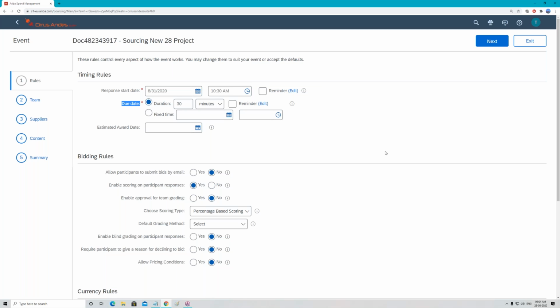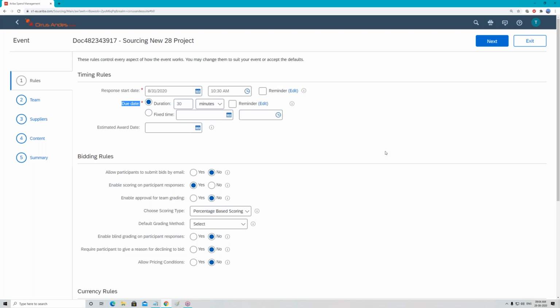Now this cannot be determined by the functional consultant at a template level. Why? From a single template you can create multiple sourcing projects, and the response start date and due date will be different for all of them, but this will be determined by the end user. And if I hard code, let's say, 31st August 2020 10:30 am within the template itself, we know my end user will use this template for the next 1 year.